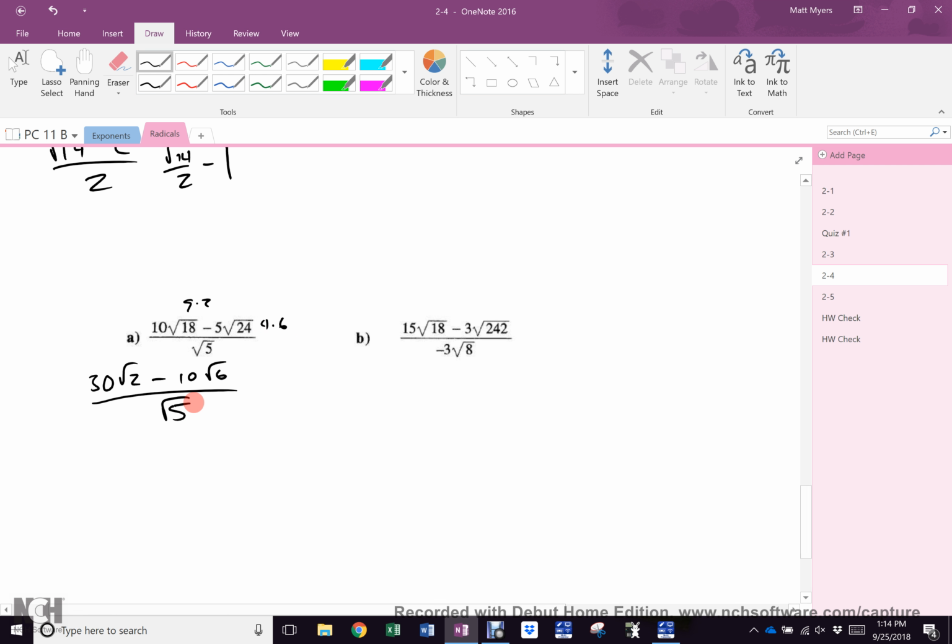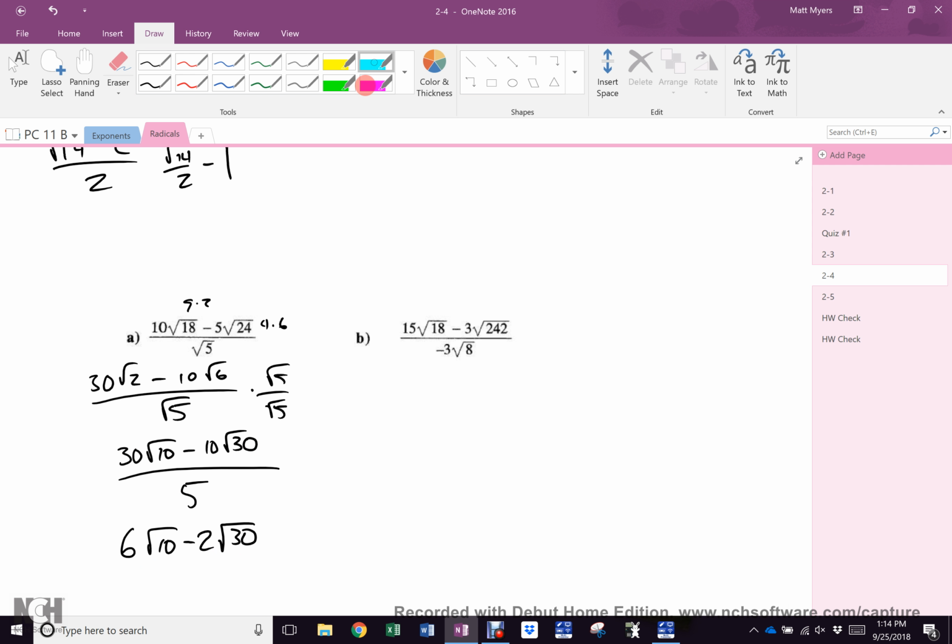Nothing simplifies there, so I multiply by root 5 over root 5. Everything's over 5. 30 root 10 minus 10 root 30. None of that simplifies from the radicals, but 5 goes into that, so it is 6 root 10 minus 2 root 30. Done. And 9 times 2, 45 root 2 minus 242 is 11 times 2, so minus 33 root 2 over